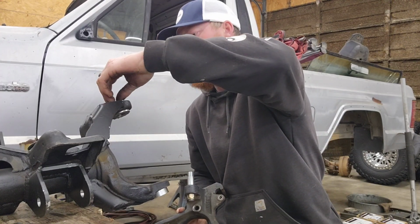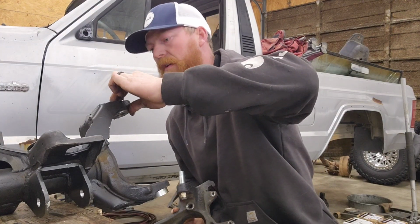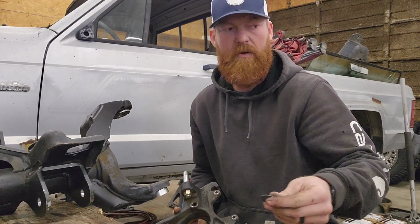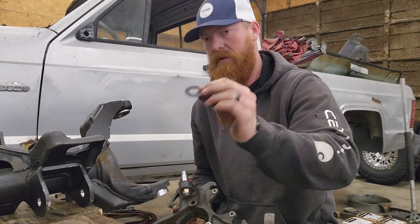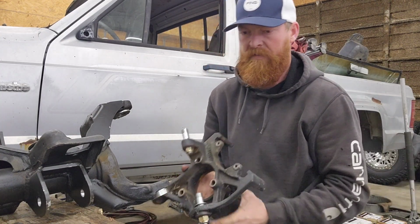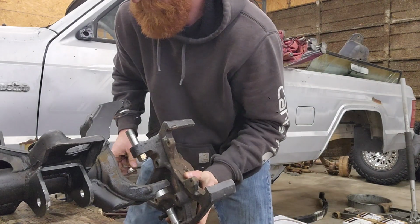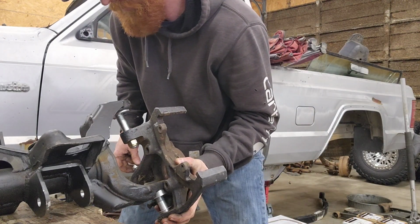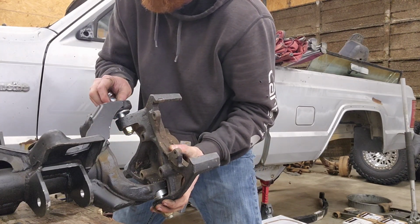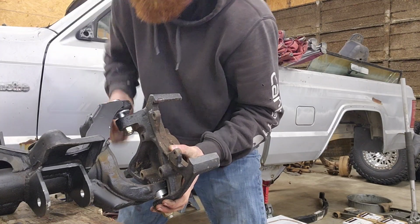We'll set it down, make sure it's setting in the right spot over the bearing. And then our lower has the O-ring already in it, nylon washer, shove it over the top, and then we will carefully slide these up into the bearings. Start the nuts just to hold it in place,